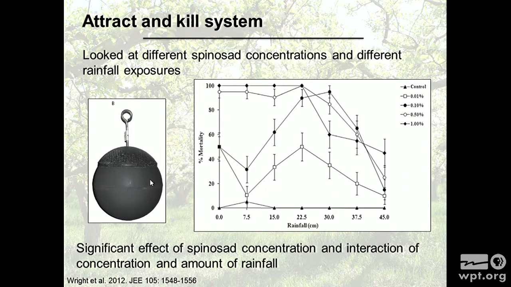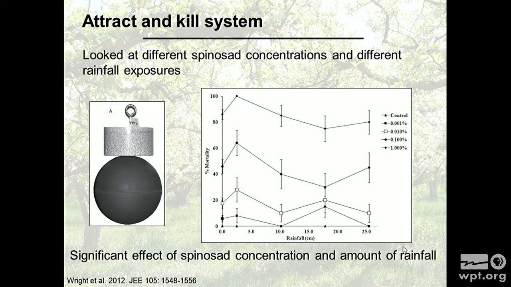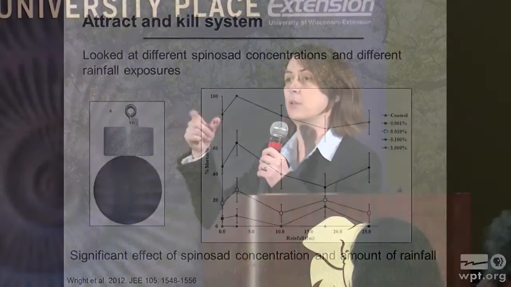Here, we're looking at this other type of sphere, the one that they're really addressing here, to see if that's working. Oh, I forgot to mention on the rainfall here, they went up to 25 centimeters of rainfall. That's obviously a lot of rainfall, so that was over several days. It was a maximum of 2.5 centimeters per 24 hours that they were applying. They stopped at 25 centimeters because that's the average rainfall they get in West Virginia.